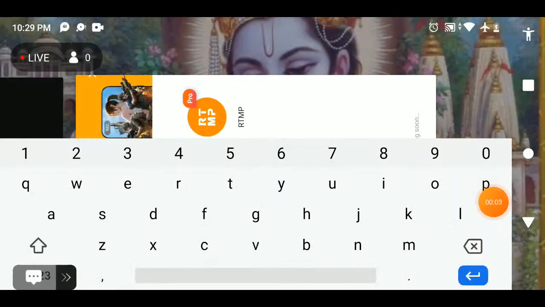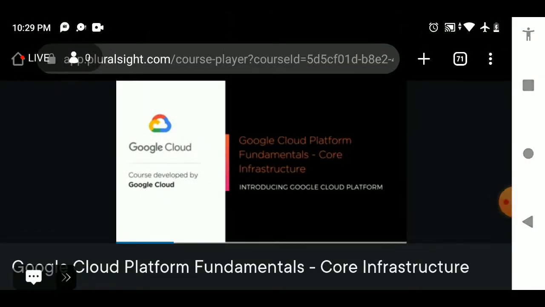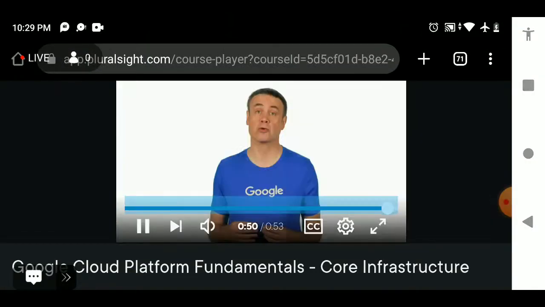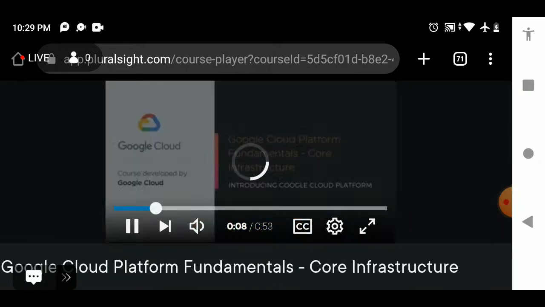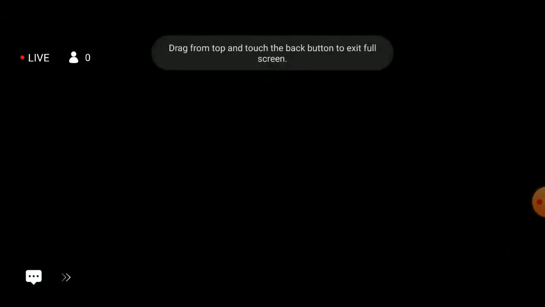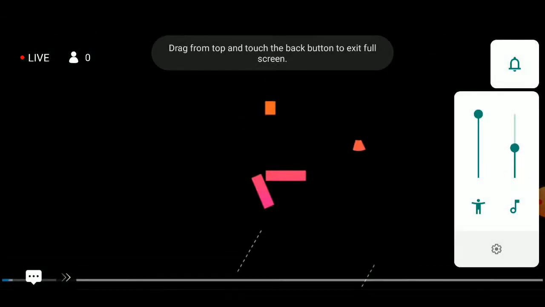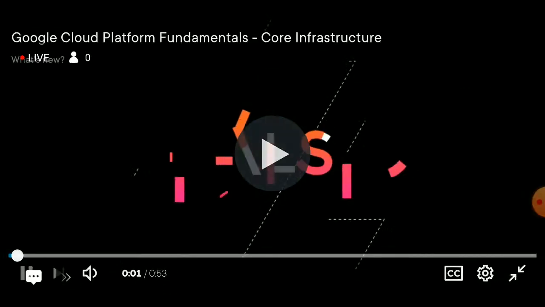AWS account to the organization. We'll call this development. Provide an email address for the account owner. Then create the account. This will submit a request to create the account, and you may have to wait a minute while the account is being created. Once you